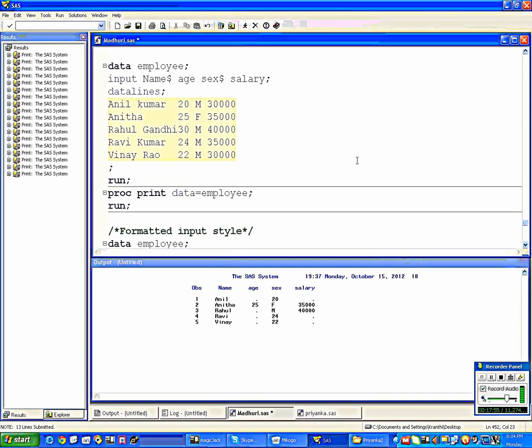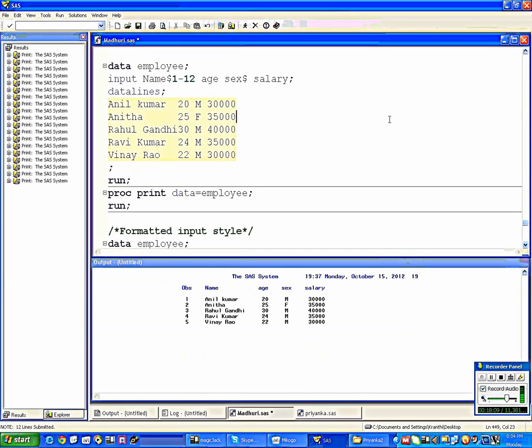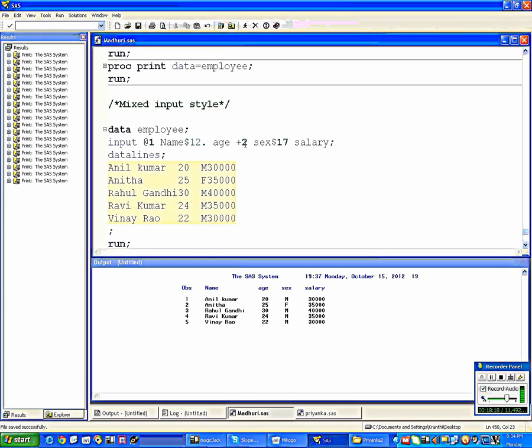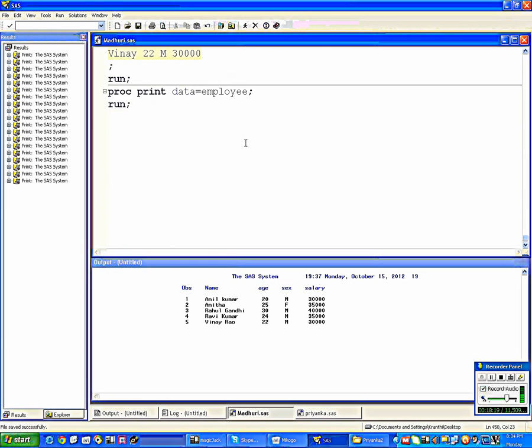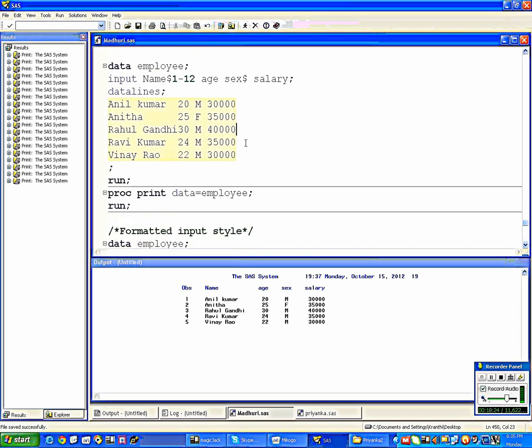So, in this situation also you can use the column input style. Where the Rahul started, it is in 1 column, and Gandhi it is in 12th column. So just give 1 to 12 columns is the name. The remaining are okay, fine. Then you will give the proper output. Even we can use the column input style in some other conditions also. I will show you where to use that. Okay. Now,